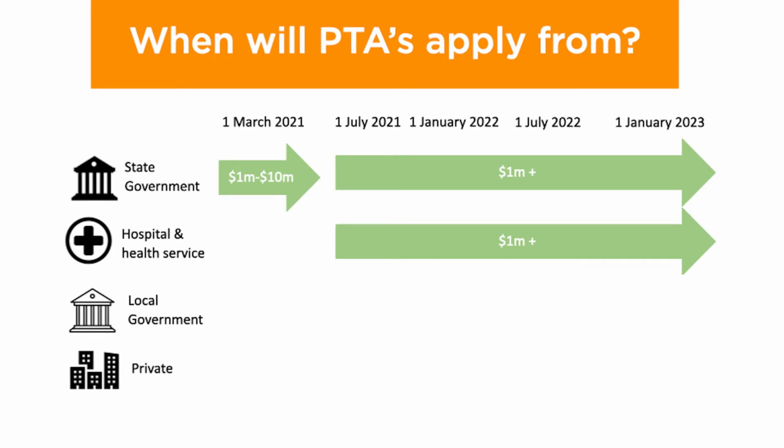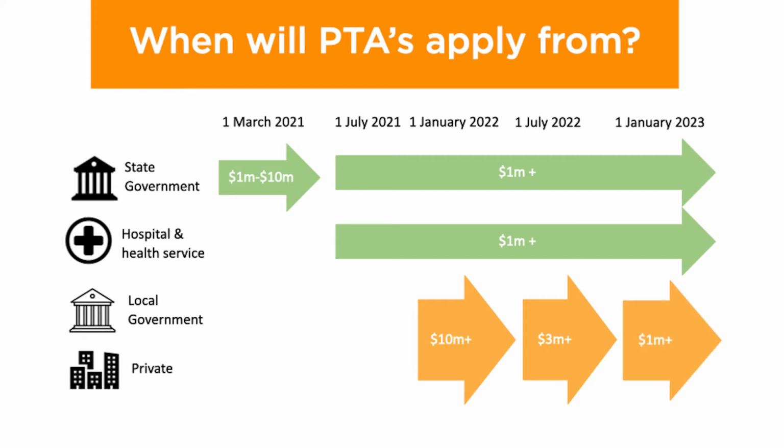From 1 January 2022, project trust accounts will now apply to all local government and private sector contracts with a value over $10 million. From 1 July 2022, this value reduces to $3 million and further reduces to contracts over $1 million from 1 January 2023. When we're talking about the value, we're talking about the GST exclusive price of the contract. So for any contract that you sign, first check the contract date and the amount, and if you meet these requirements, then you'll need to move on to conditions 3 and 4 to see if you need to apply the